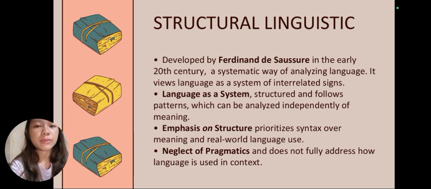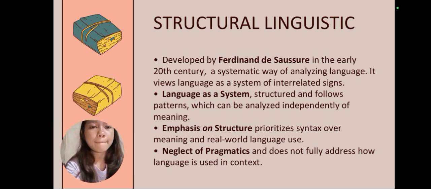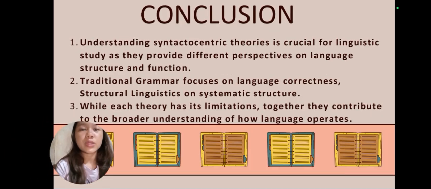fourth part or outline for my topic, the conclusion. Understanding syntactocentric theories is crucial for linguistic study as they provide different perspectives on language, structure, and function. Traditional grammar focuses on language correctness, structural linguistics on systematic structure. So, while each theory has its limitations, together they contribute to a broader understanding of how